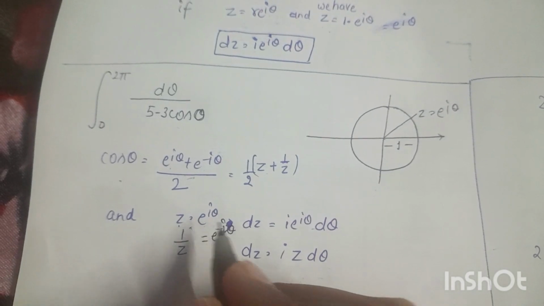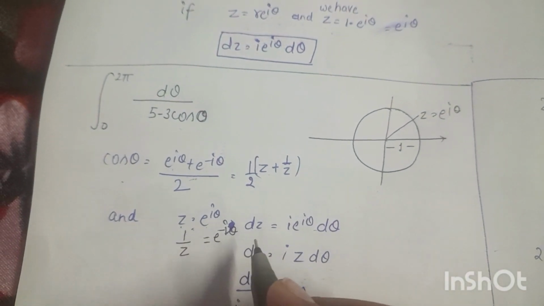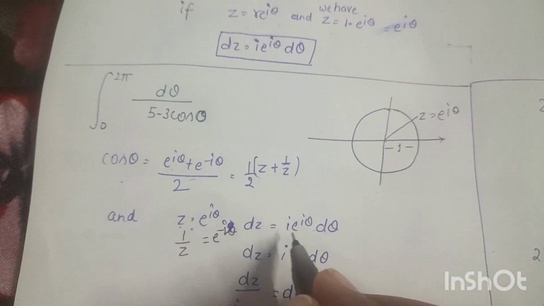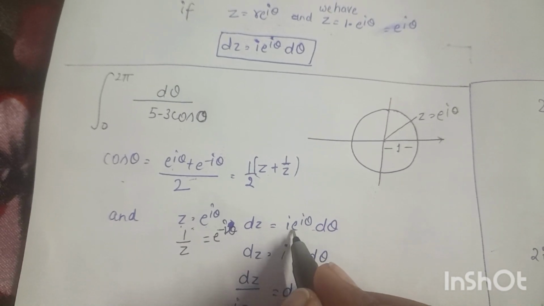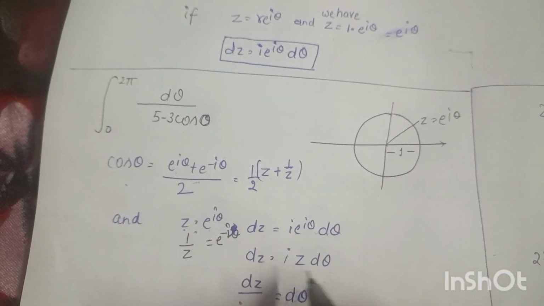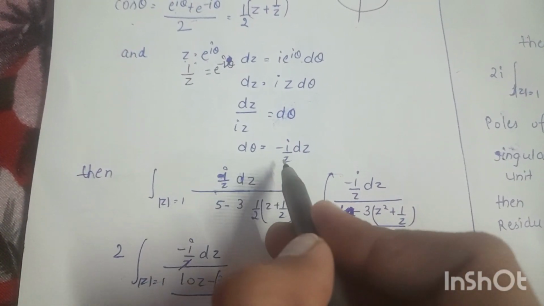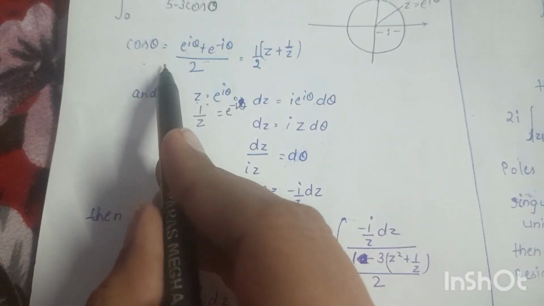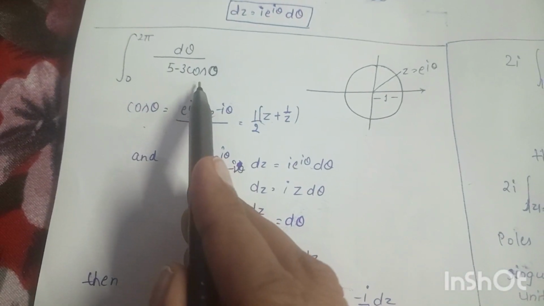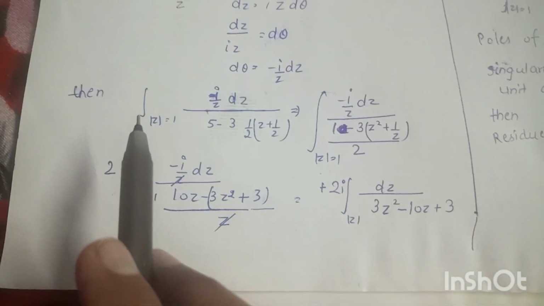We differentiate it to get the value of d theta. The dz is equal to this, and we know that e to the power i theta is z. Then we can put this value and get the value of d theta. Then we put this value of d theta and cos theta in the functional equation in the integral. Then we get the